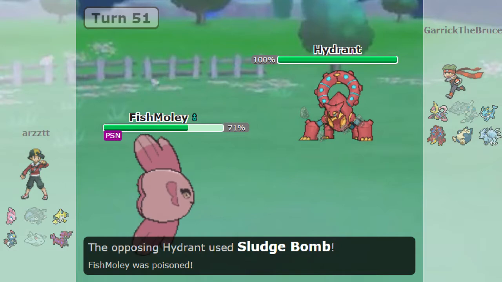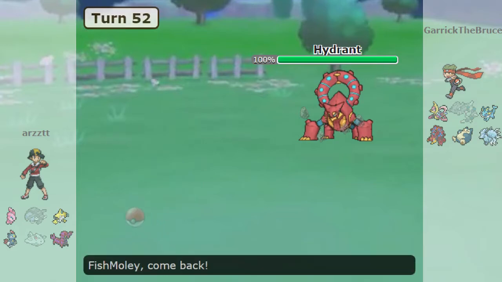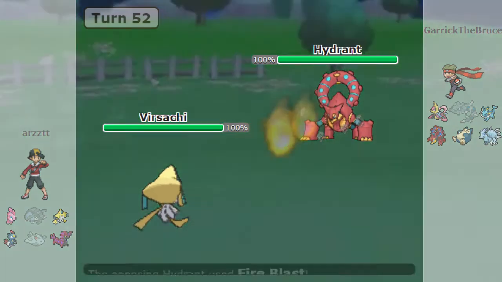But now I can double out to Versace, because I know he's Scarfed. So that's what I'm going to do, but he ends up staying. I'm like, okay, he went for Sludge Bomb again. That's fine with me, actually. I'm actually completely fine with